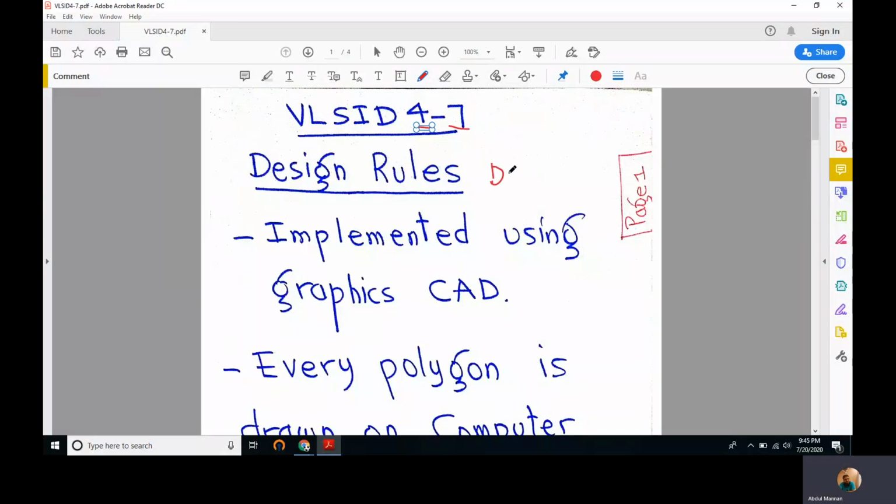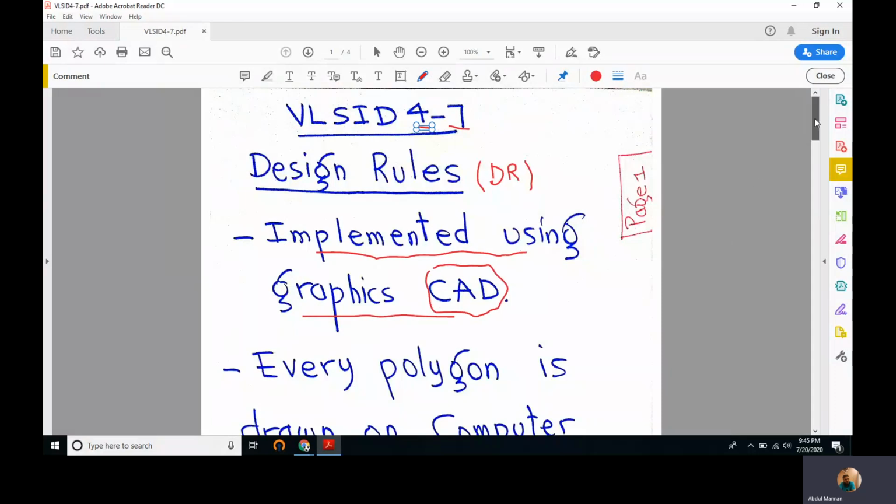DRs are the rules according to which different geometric shapes corresponding to metal, silicon dioxide, or doped silicon region, or contacts or interconnects, etc., are implemented physically on IC, right? These are actually geometric rules and are based on CAD, where CAD stands for computer aided design.